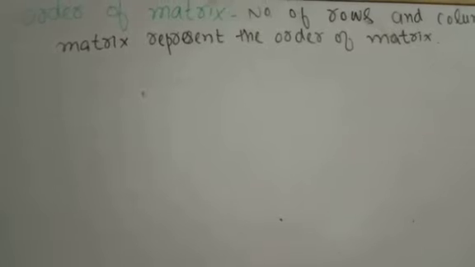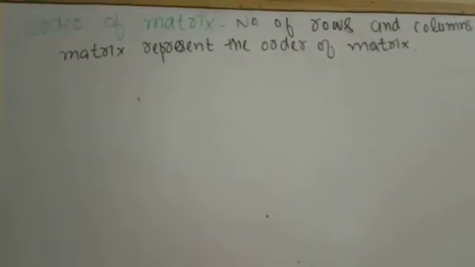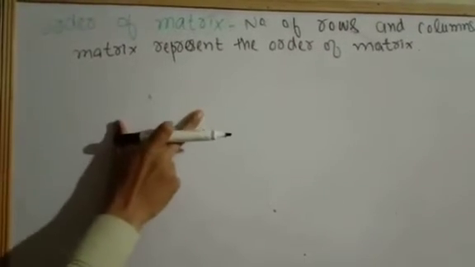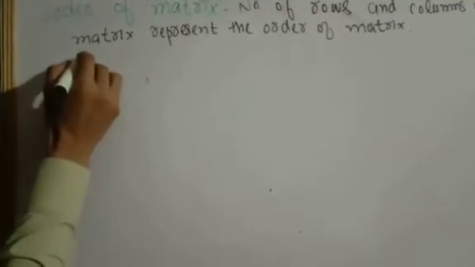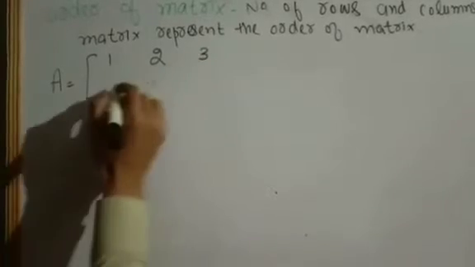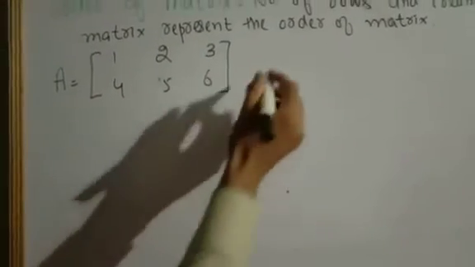Now we will find the order of the matrix. So what is the order of the matrix? The number of the rows and columns of a matrix represent the order of a matrix. For example, we have a matrix A and its elements consist of 1, 2, 3, 4, 5 and 6. Here the number of rows